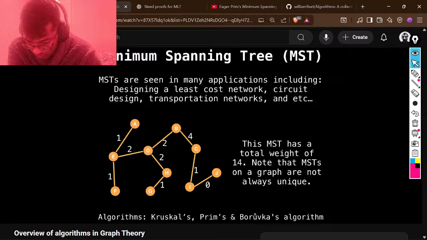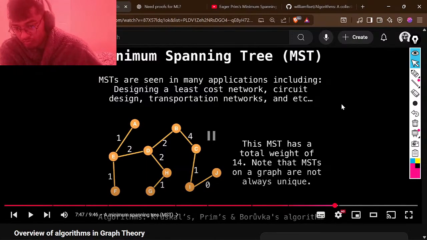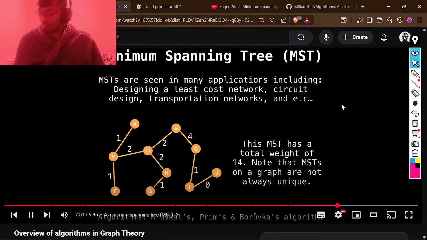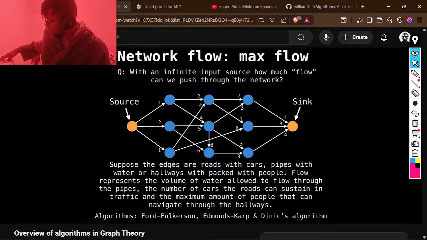Minimum spanning trees are seen in lots of different applications in computer science, including designing a least cost network, circuit design, transportation networks, you name it. There's also several approximation algorithms which rely on minimum spanning trees, which is pretty interesting. If you want to find a minimum spanning tree of a graph, I recommend using one of Kruskal's, Prim's, or Boruvka's algorithm. This last problem I think is the most fascinating, and it is about finding the maximum flow through